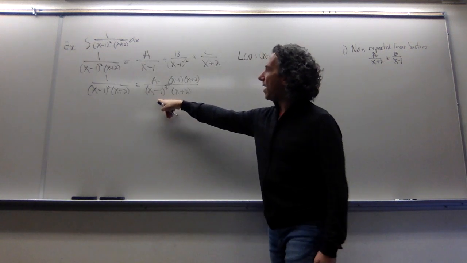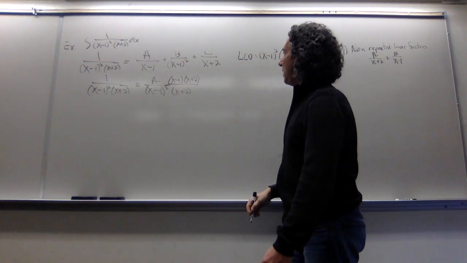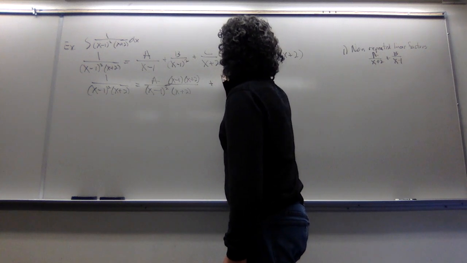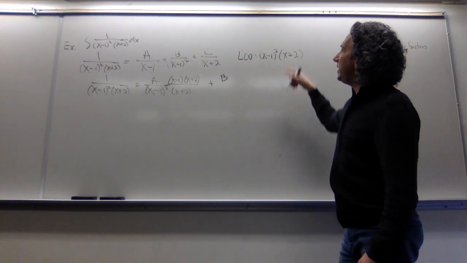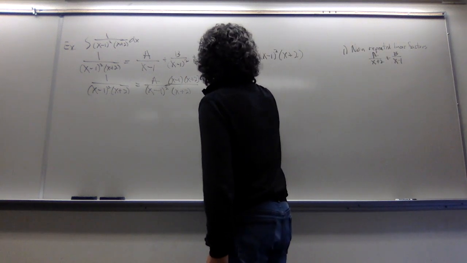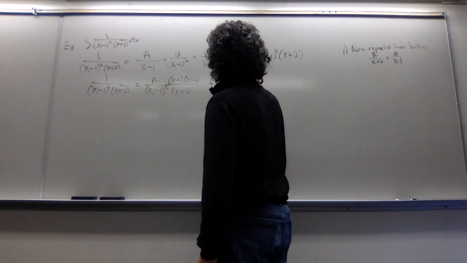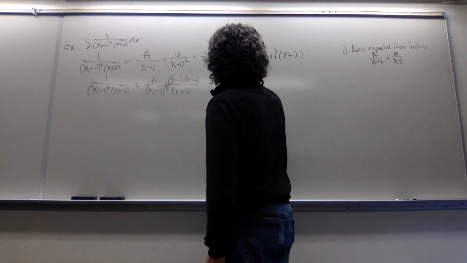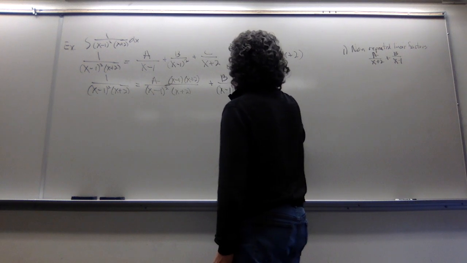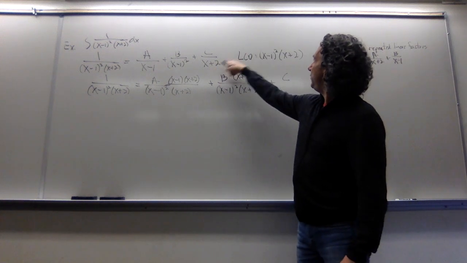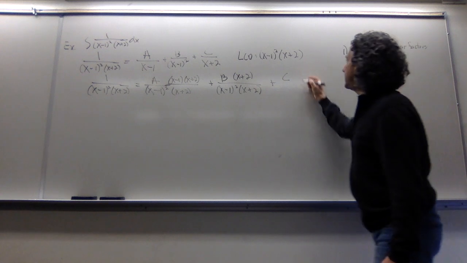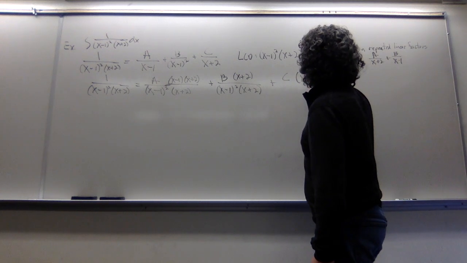And I multiply the bottom by x minus 1 over x plus 2 as well. So what does the b term need? Well, the b term has the x minus 1 squared on bottom, so all we need is an x plus 2. So we'll multiply that by x plus 2. And the c has an x plus 2, but it's missing an x minus 1 squared. So let's give it an x minus 1 squared.